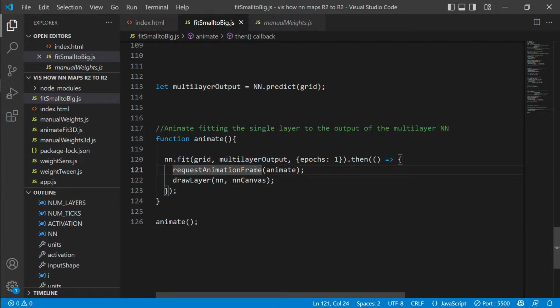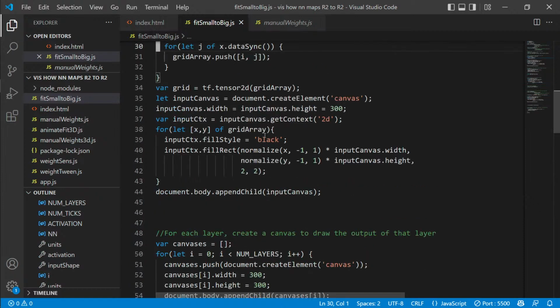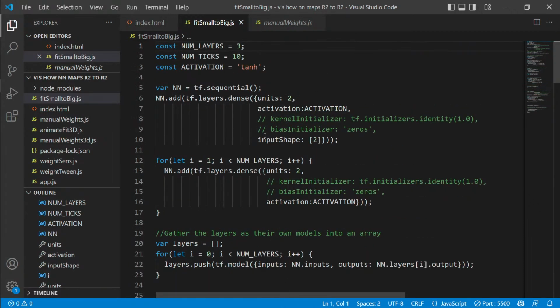I mean, that'll just be cool. Also, can you have nested promises? Because I'm going to have to have a nested promise. I don't know if you can. It feels like you can't, but